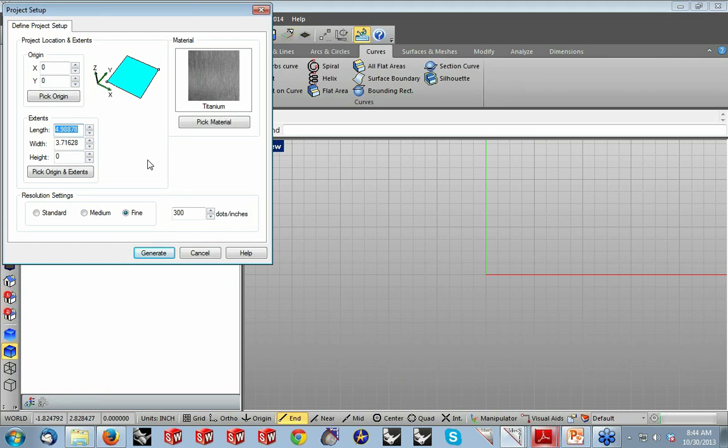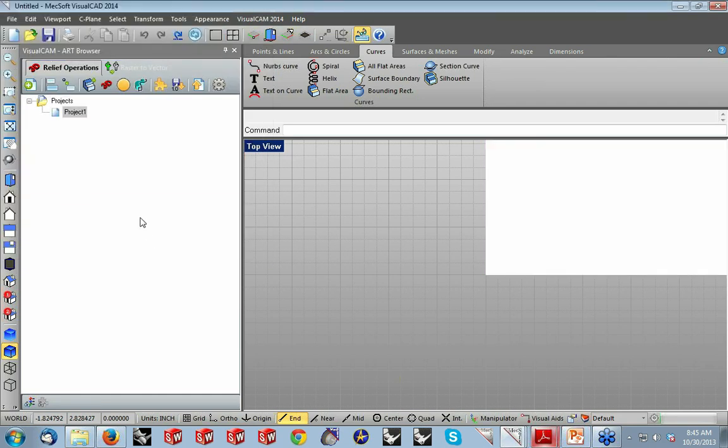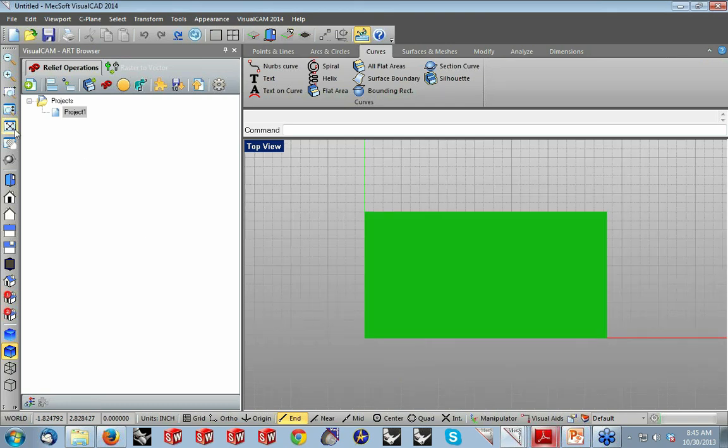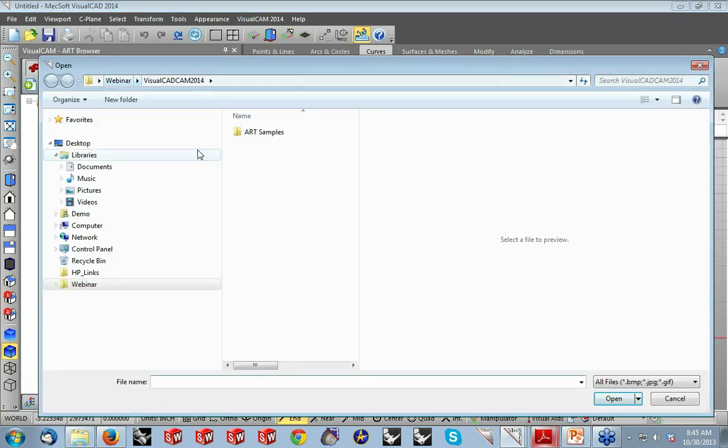We'll go ahead and select that. My project workspace is going to be 3.5 by 6.6. I'll go ahead and create that. I don't need high resolution. I'll click generate. Since we're working with art, we just created a canvas for our artwork. The next thing I want to do is click on the Create 3D Relief,